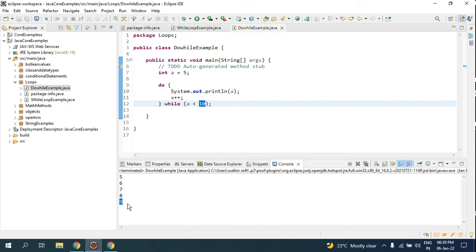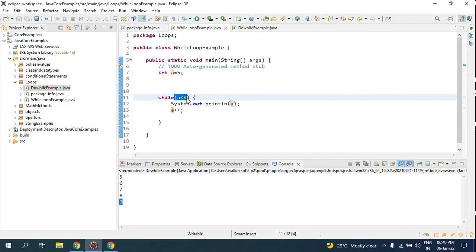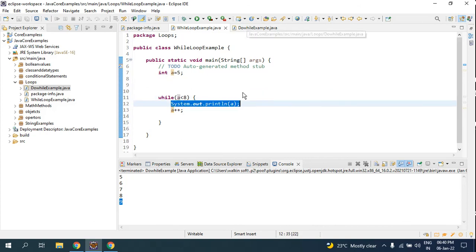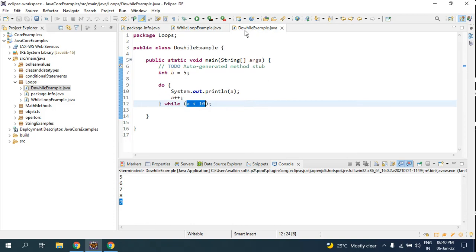So I will tell you the major difference here. What do while does is that it doesn't check the condition first. Suppose you have to enter a pub, and outside the security checks you with an ID card. That is the while loop. First he checks the ID card, then he allows you inside the pub. Look here, first it checks the condition, then it allows you to go inside, then it allows you to print this. How do while works is that you get inside the pub first, then the condition is checked.